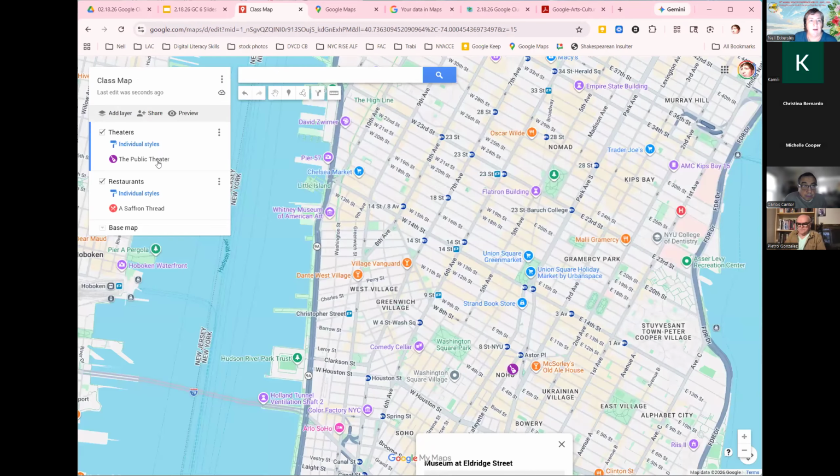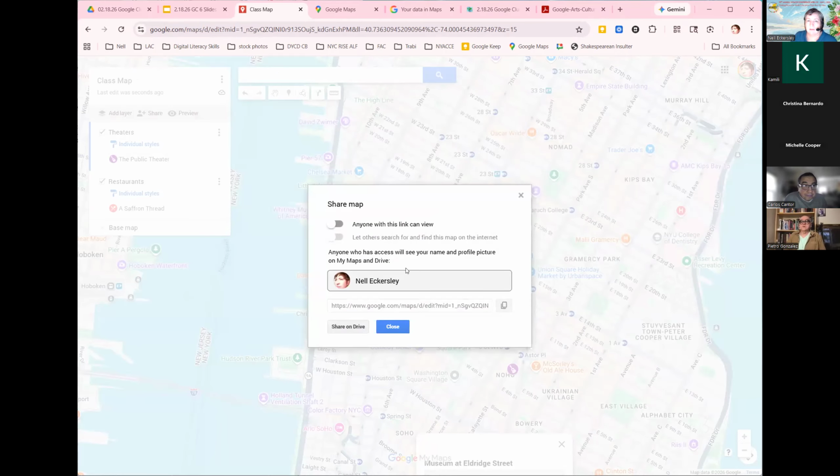And then you share it. So anyone with the link can view it. Let others search for it and find the map on the internet. So you can make this public, something that other people could find, or you can not do that, but you could still have a link for it. And this would be the link. So now if I give you this link, you'll be able to come and